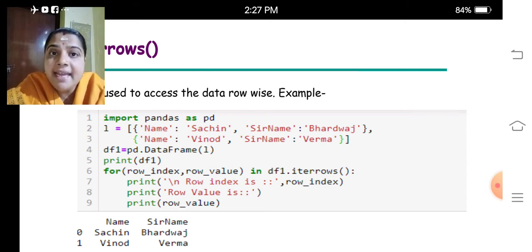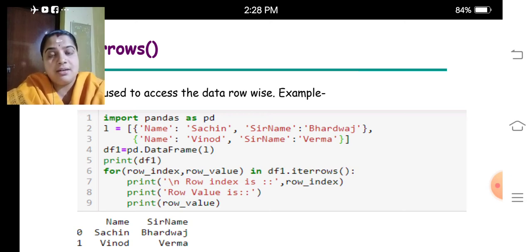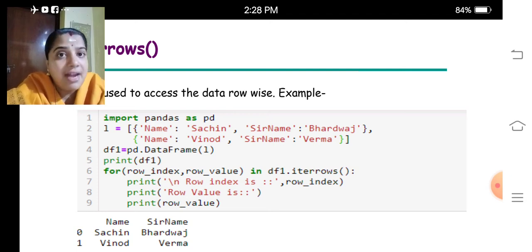That is df dot iterrows. What is df? df is the data frame object. Dot iterrows function, and a colon is given for the header. Then we print the row index, that is the value of that particular variable, and the row value on the next line.